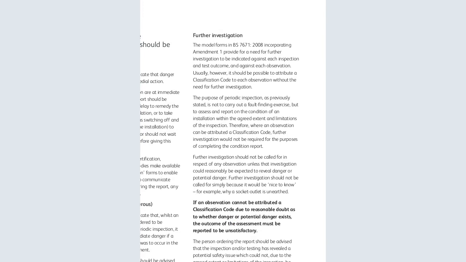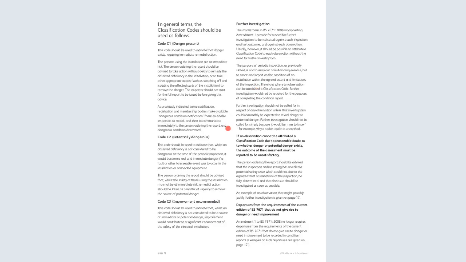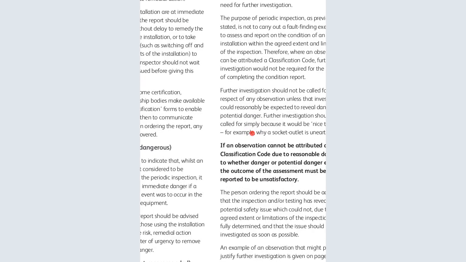So, further investigation. The model forms of this code incorporating Amendment 1 provide for a need of further investigation to be indicated against each inspection and test outcome, and against each observation. However, it should be possible to attribute a classification code to each observation without a need for further investigation. So the purpose of the periodic inspection, sorry for the zooming,